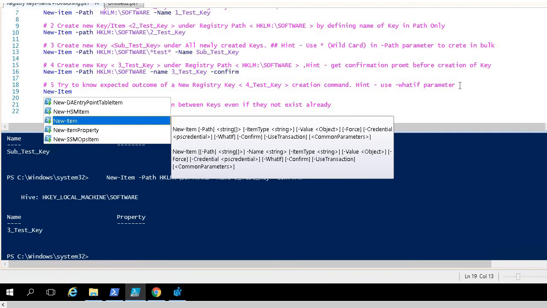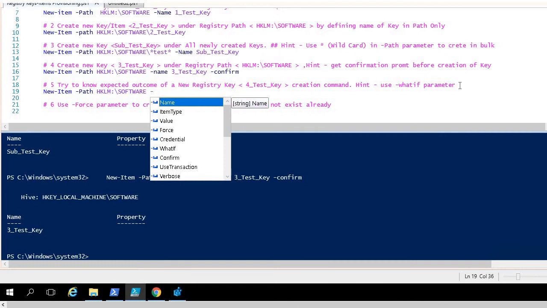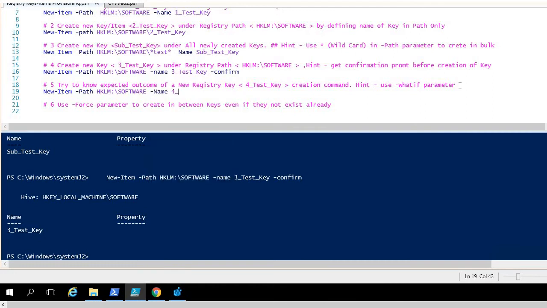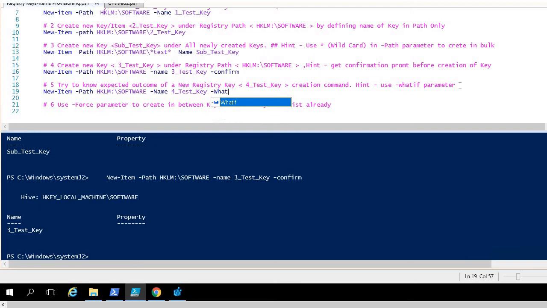New-Item, path is the same one we copied earlier, and key name is 4_test_key. And now we need to use the -WhatIf parameter to know the expected outcome of this command.